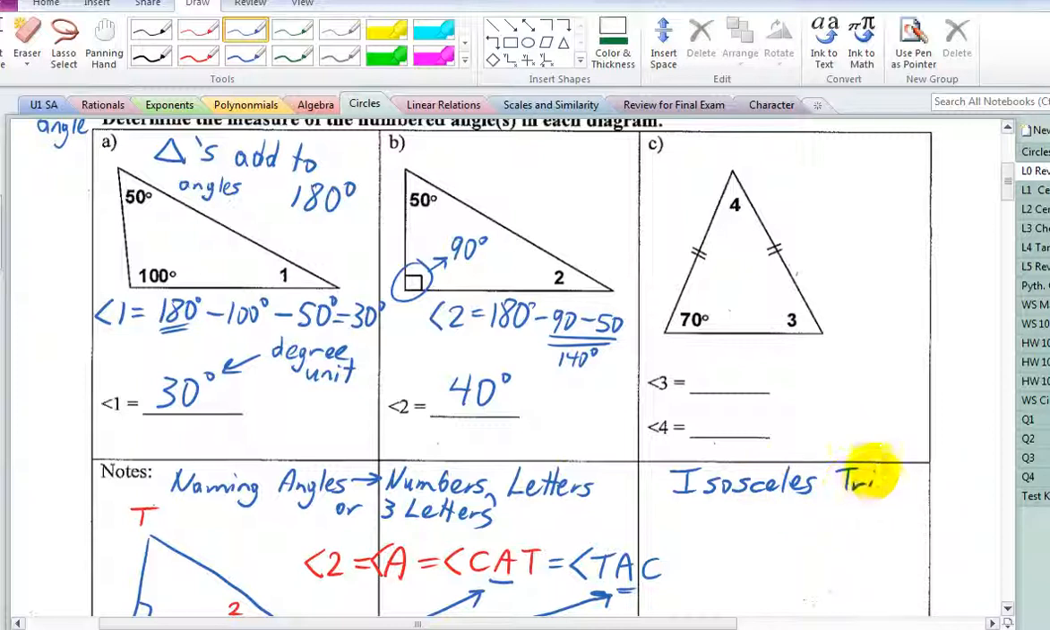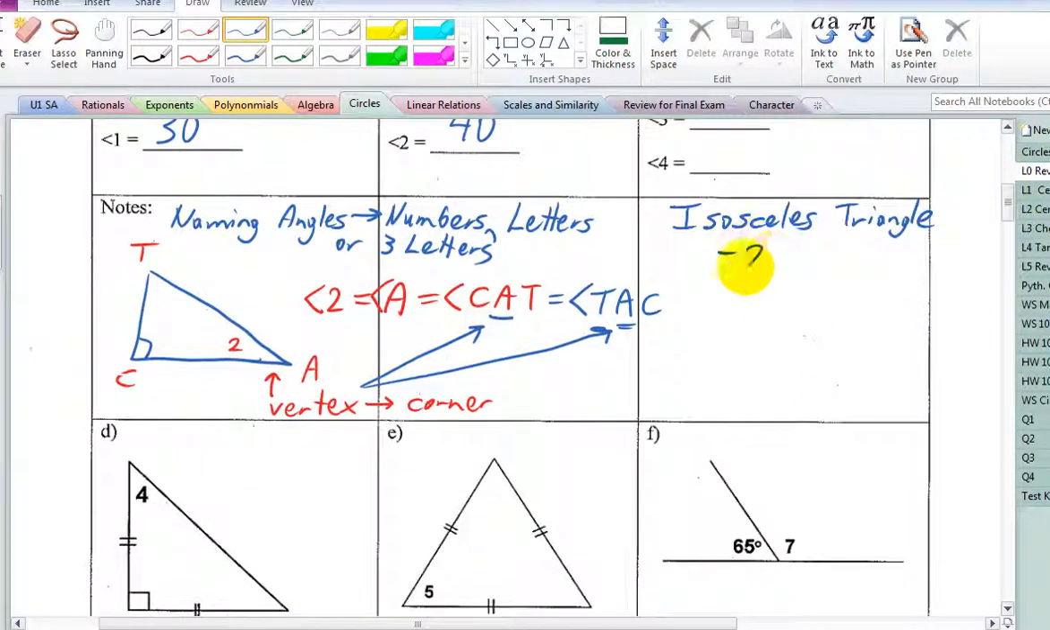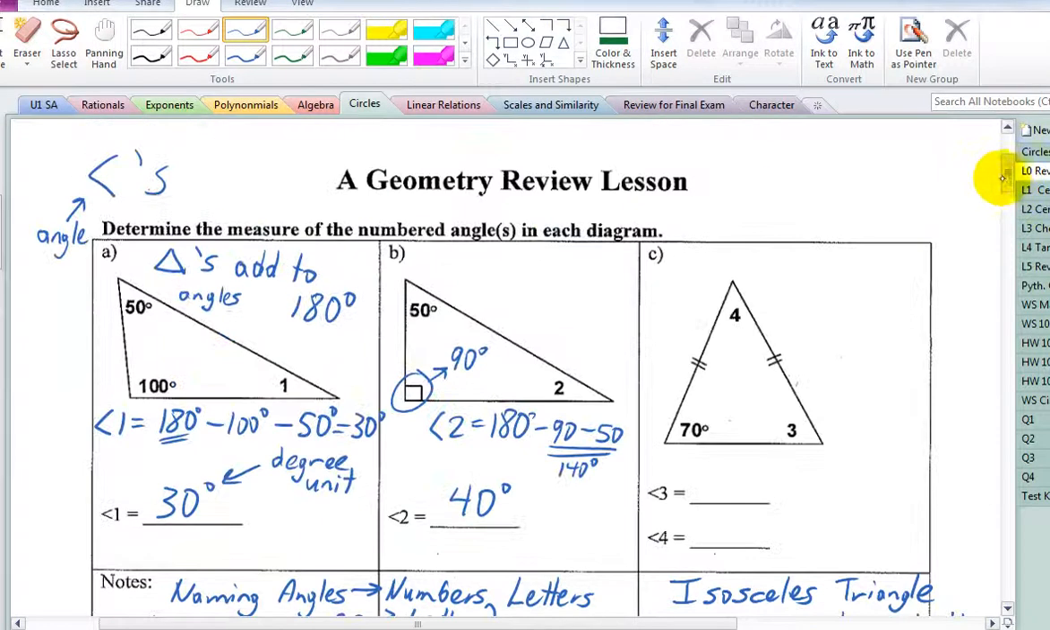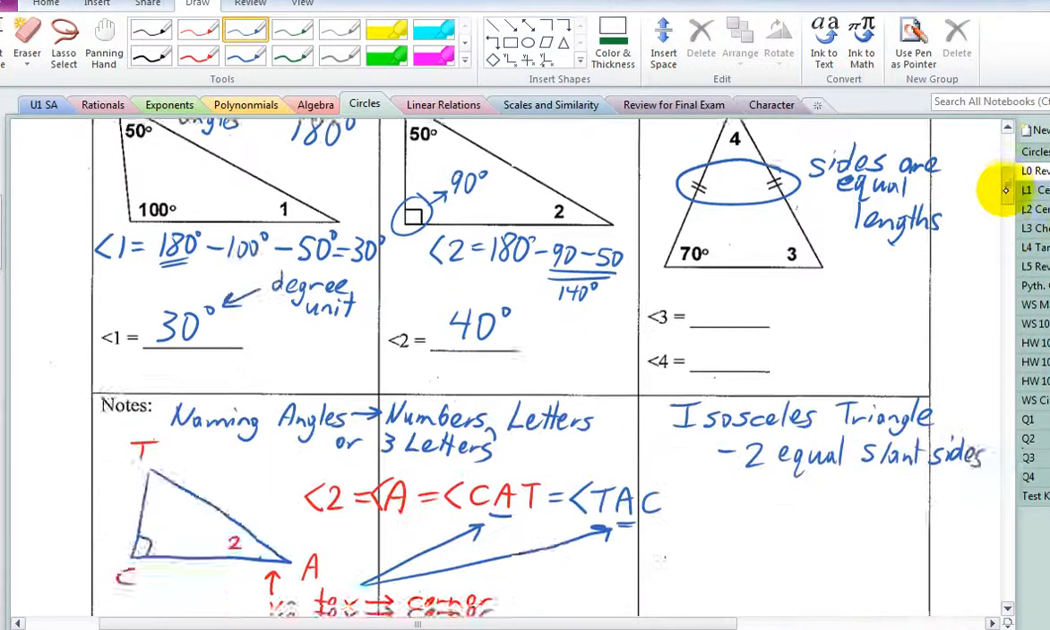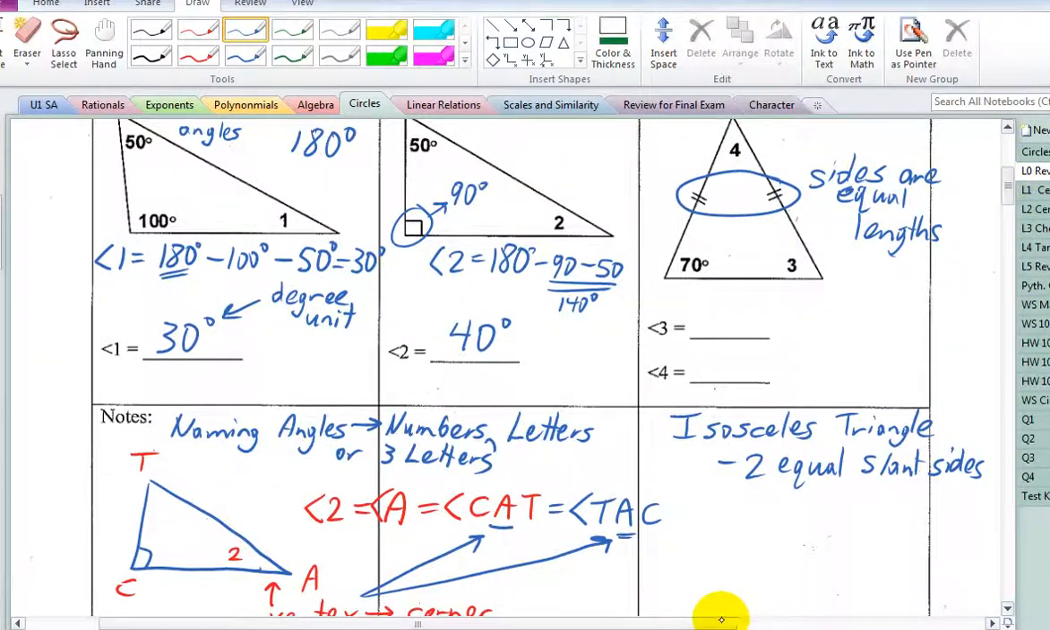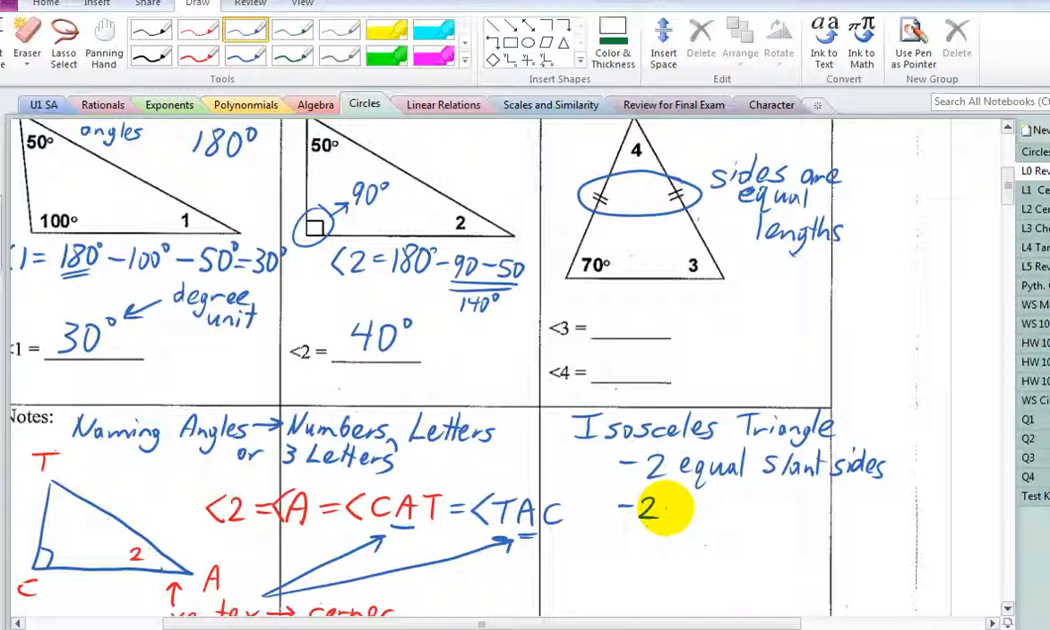Isosceles triangle. So the law of isosceles triangle states you have two equal slant sides. And that's what's shown to you. It's marked, right? These marks mean that the sides are equal lengths. Okay. Good. So isosceles triangles have two equal slant sides and also two equal